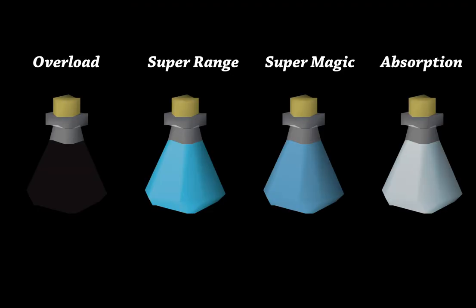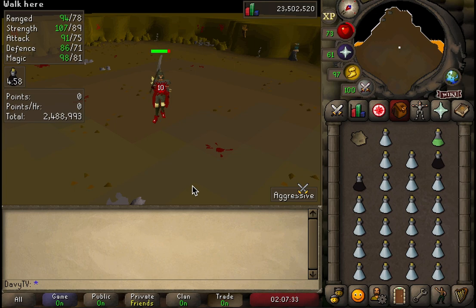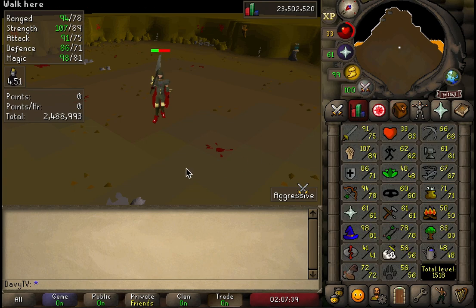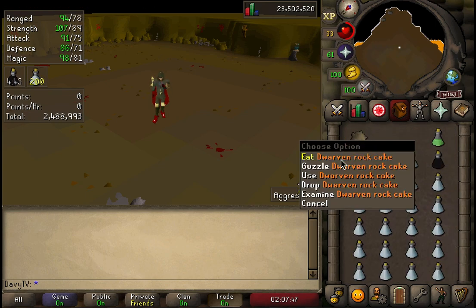Last up is benefits. Benefits allows you to buy two important potions. One is Overload and one is Absorption. Drinking Overload potions will increase your combat stats anywhere from 5 to 19 levels, and it causes 50 hit points of damage. Now you might be thinking, wow, 50 hit points is a lot of damage. Isn't damage bad? Well, actually in the Nightmare Zone, being damaged prior to drinking the other potion, which is Absorption